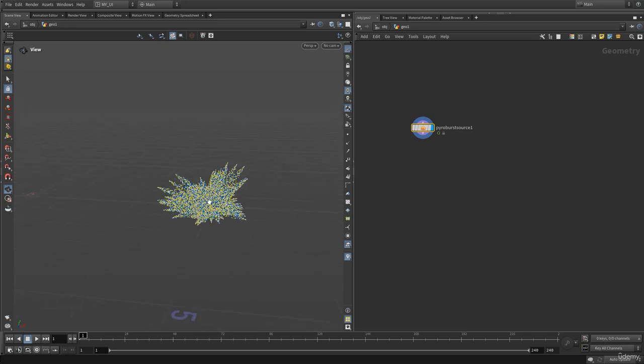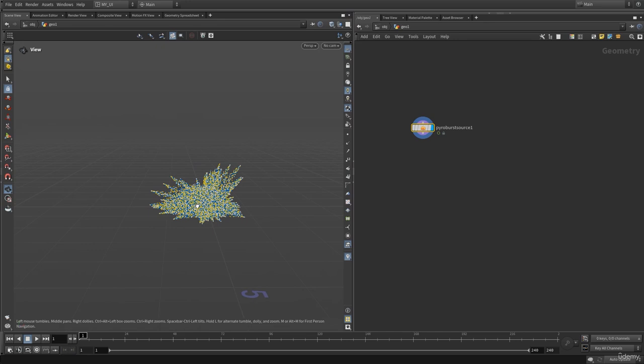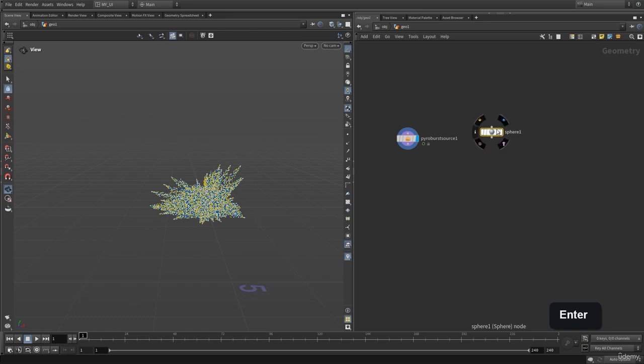And whenever you want to create an explosion, it's not a must that you need to add Pyro first source. It's nothing like that. It's just an interesting source. If you want to create an explosion using a sphere, you can add a sphere in here, and after this